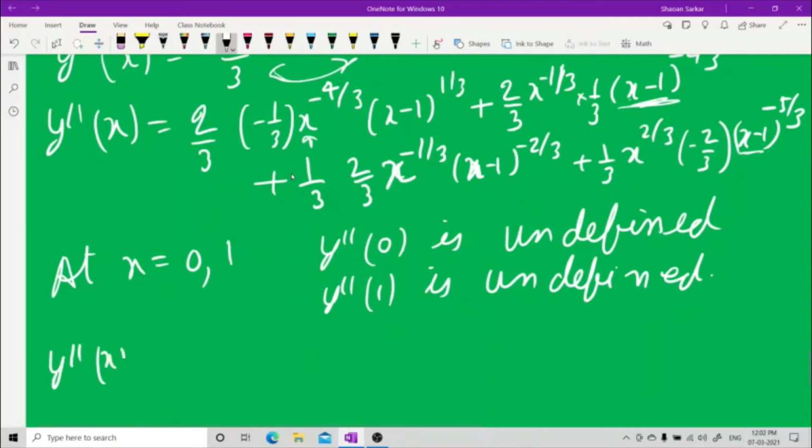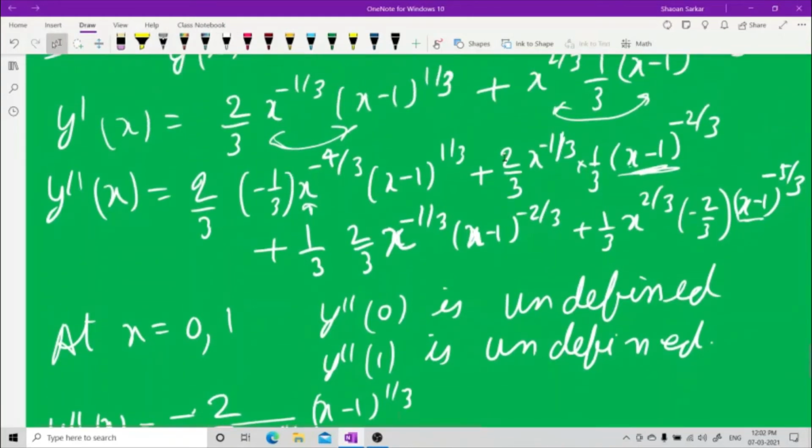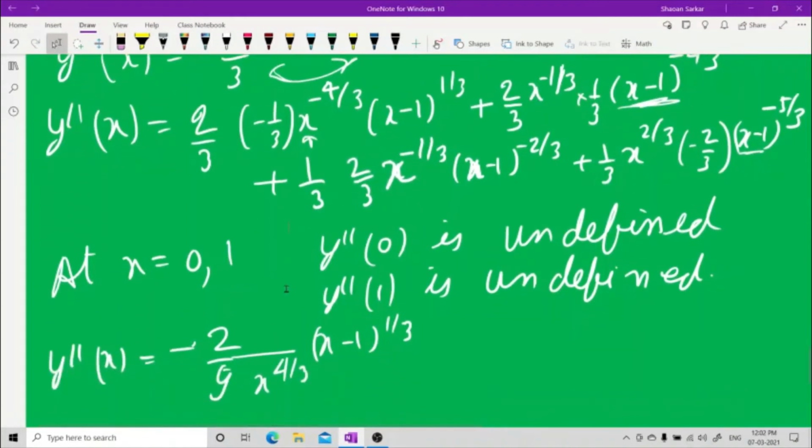Y double dash x, you can take this together this way. See, this is 2 minus 2 by 9, x to the power of 4 by 3, and this is x minus 1 to the power of 1 by 3, and this term and this term will be together, and this will make